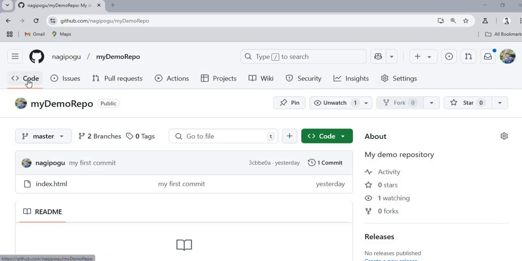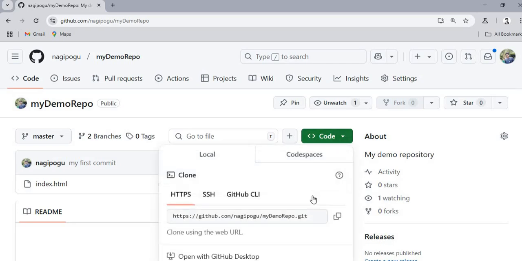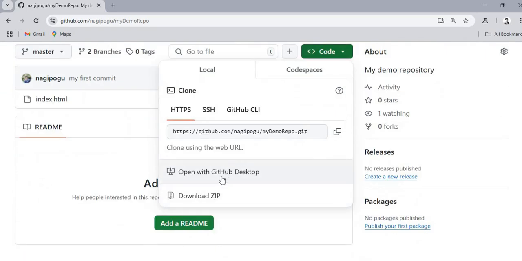Here, when you click on code, there is one option, a green color button. When you click on it, if you want to download, you can download a zip file, or you can clone the project. Copy this URL